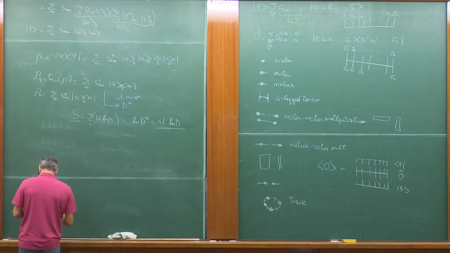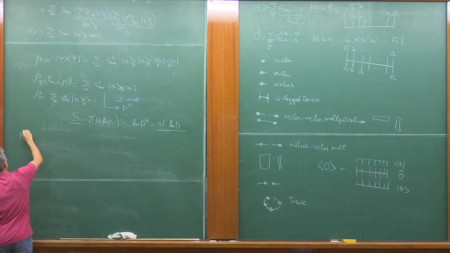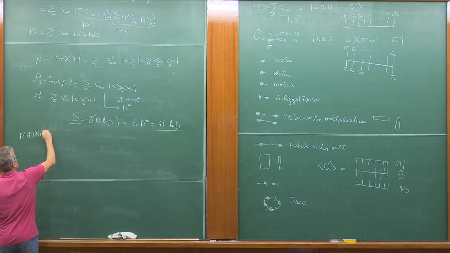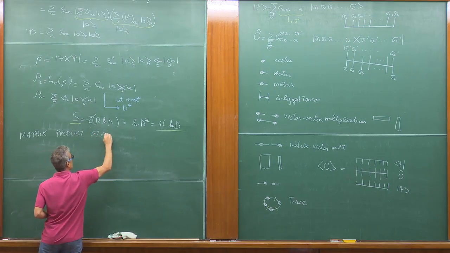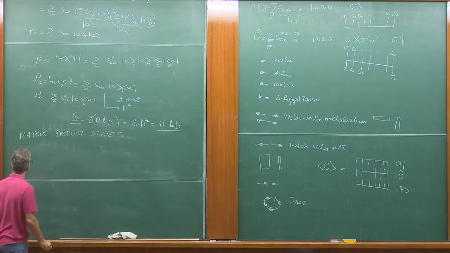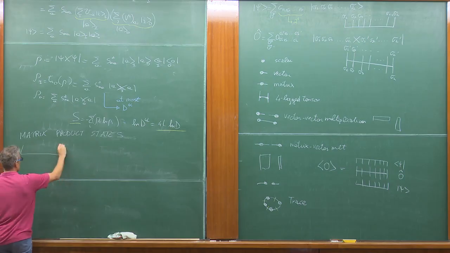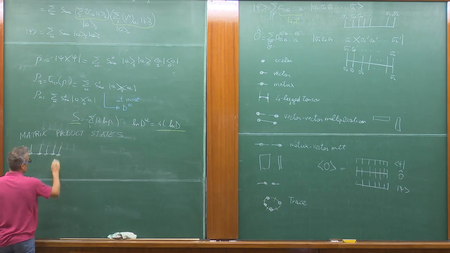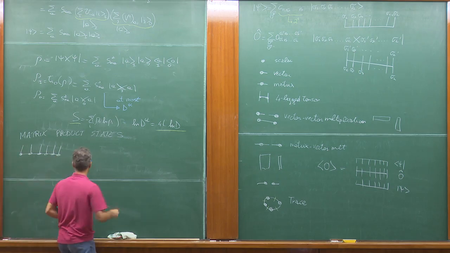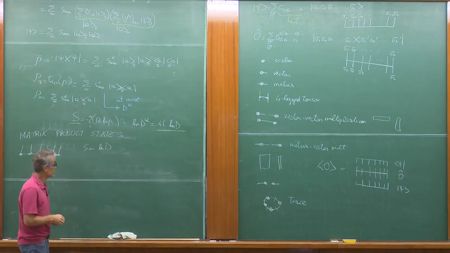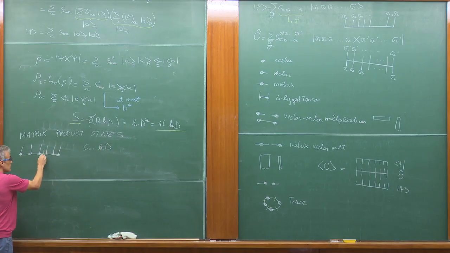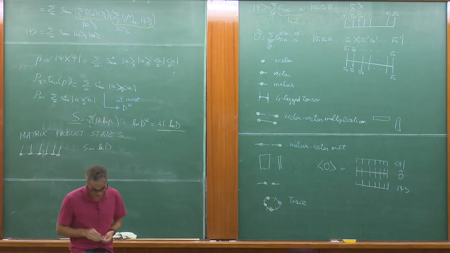Okay, so let's focus on matrix product states for now. It's something like this. In this case, the entanglement you can manage will go as the logarithm of the bond dimension, and that's it. You can only do a cut here. You have D there, and that's it. You can do better than that.